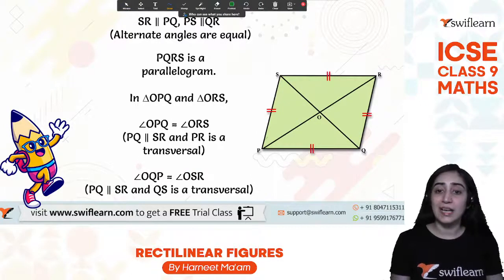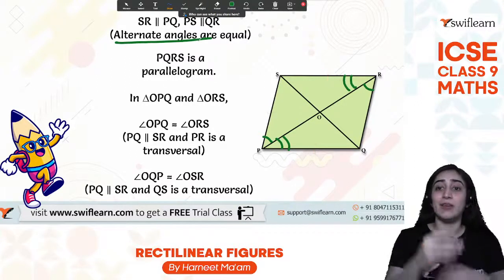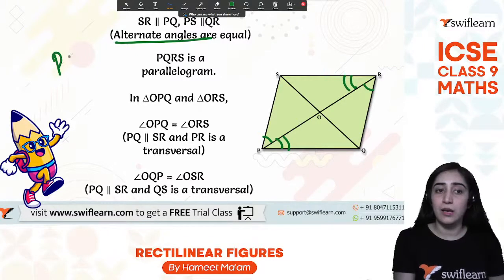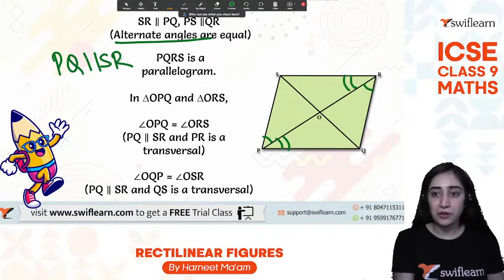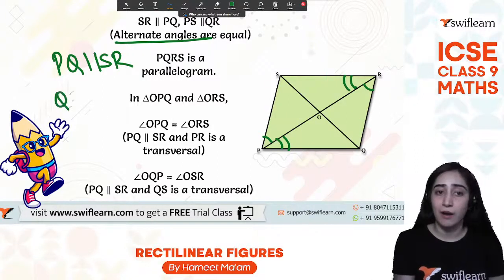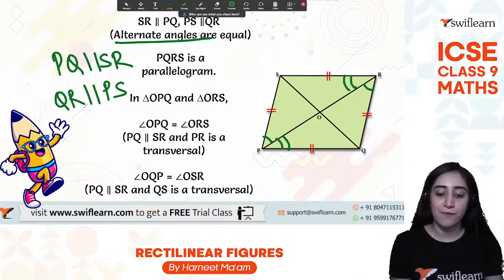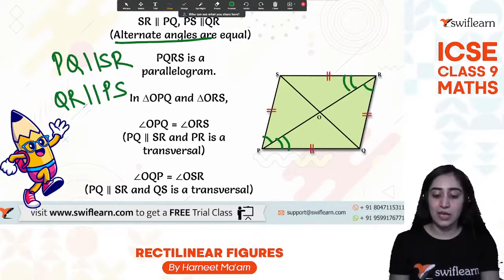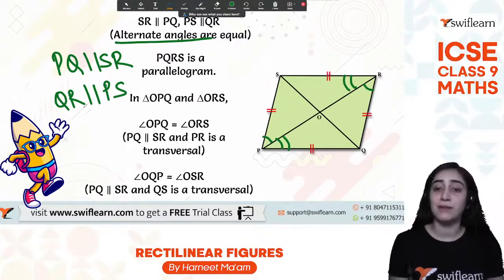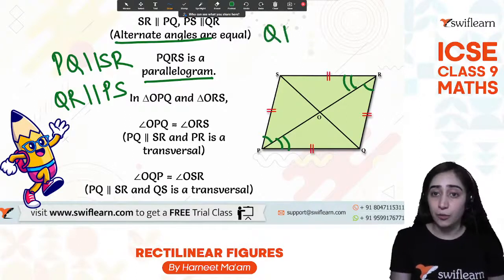Now, when I know these angles are equal, if you realize, when I said that these two angles are equal, what has happened? Automatically, I know they are alternate angles. That will give me that PQ is parallel to SR. Automatically, for this angle, I need the alternate angle on the other side, and I will know that QR is parallel to PS. Now the angles are equal and forming alternate angles. So the moment they are equal and forming alternate angles, that means they are becoming a parallelogram because PQ is equal to SR as well as